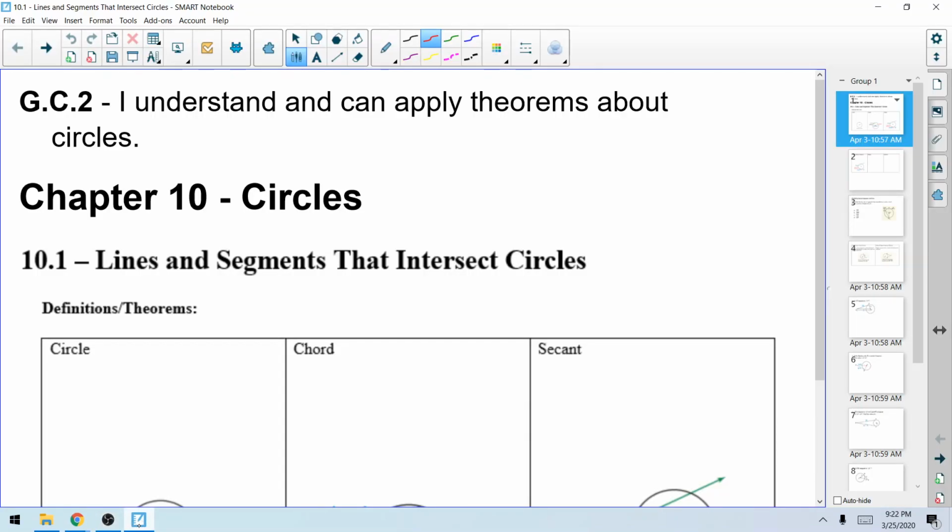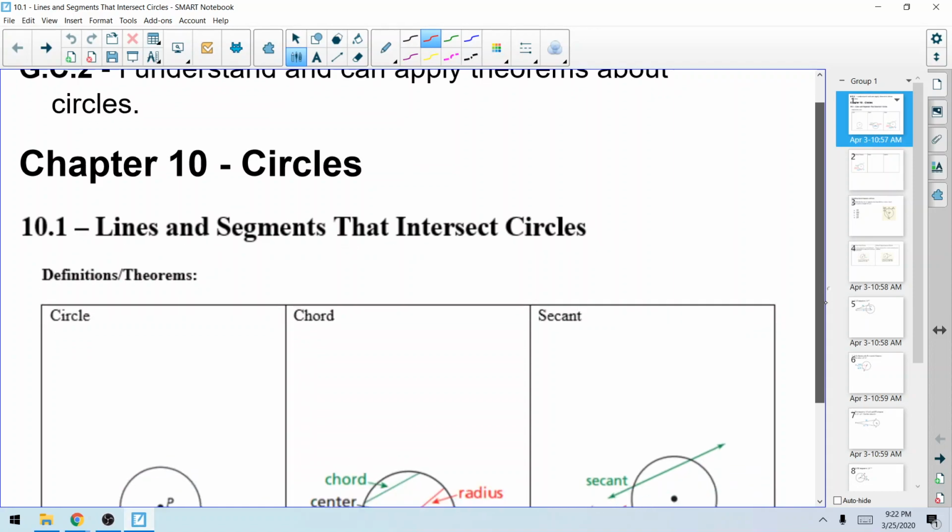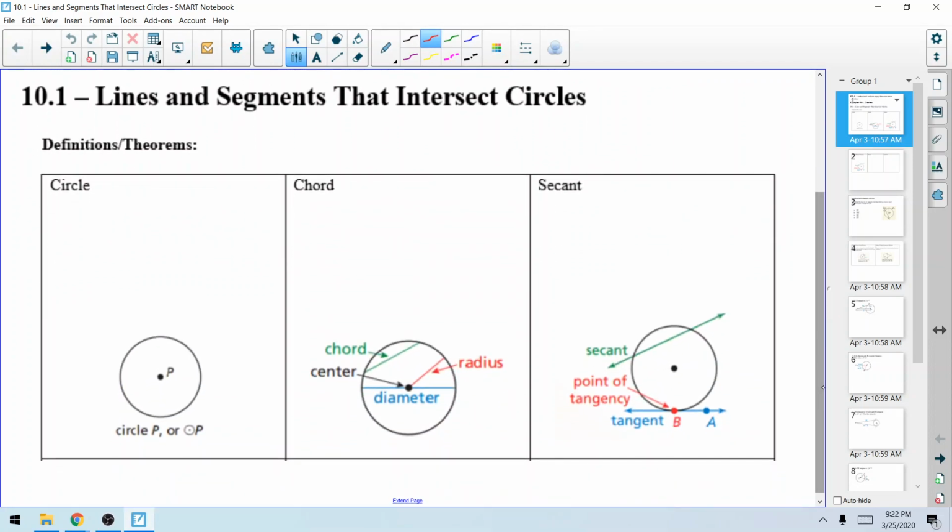Okay, everybody, welcome to Chapter 10. Chapter 10 is circles, and for the first part of this chapter, we're going to be dealing with the standard G.C.2, which is I understand and can apply theorems about circles. So, section 10.1 is lines and segments that intersect circles, and we're first going to start with some definitions and